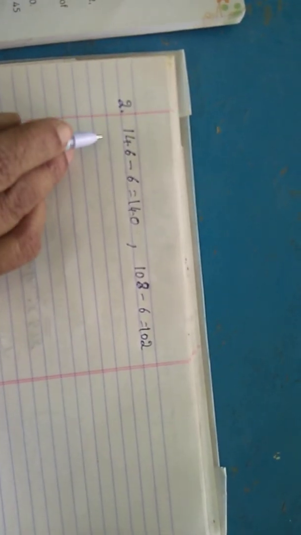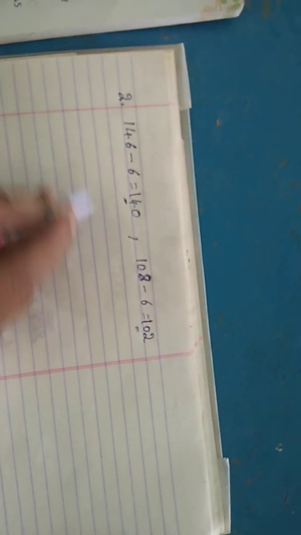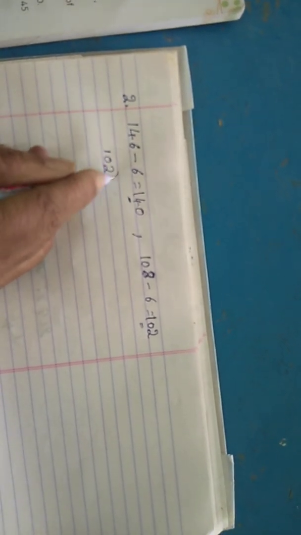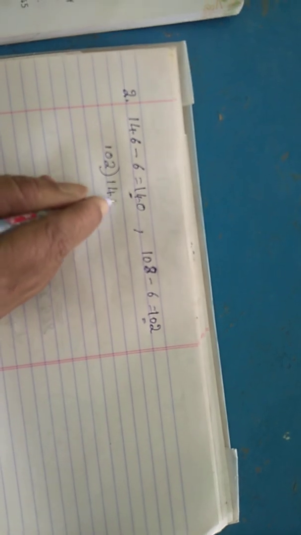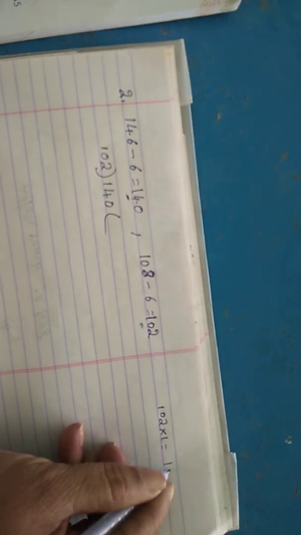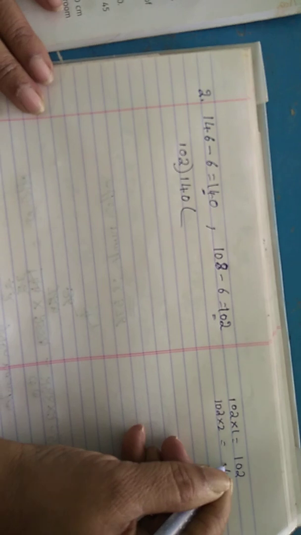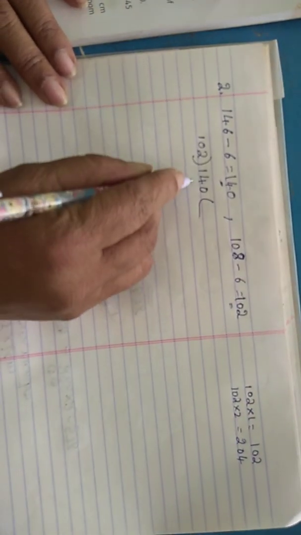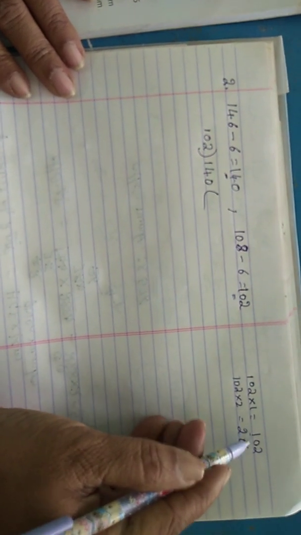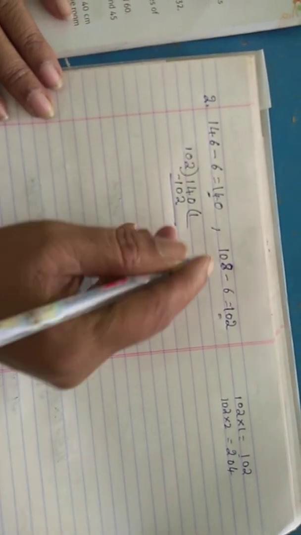So you have to find the greatest number for this 140 and 102. So you know that to find the HCF, from the small number you divide the largest number, that is 140. Okay children. So you write here 102 ones are 102, 102 twos are 2 2s are 4, 2 zeros are 0, 2 ones are 2. But we want 140, but here we get 204. I will go for the back table, that is 102 ones are 102. Now minus here.